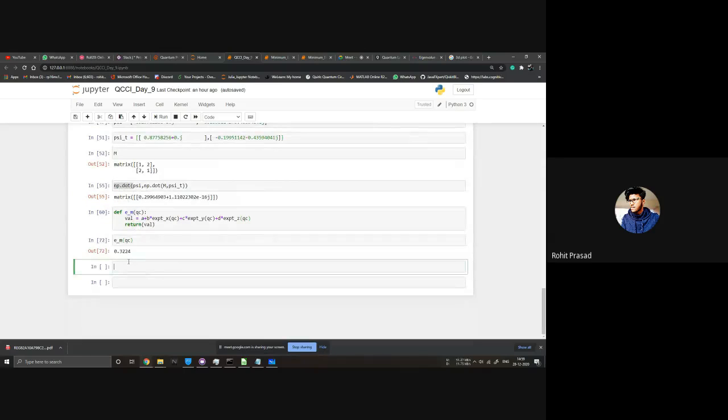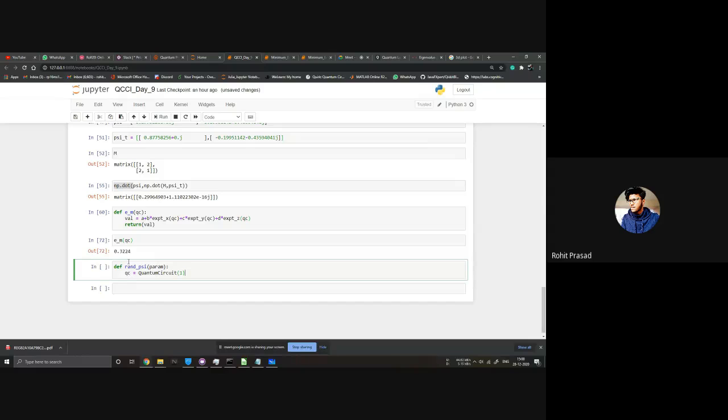So we can just say that our function, def rand psi, use psi parent is equal to your QC is equal to QuantumCircuit with 1 qubit, QC dot U3.